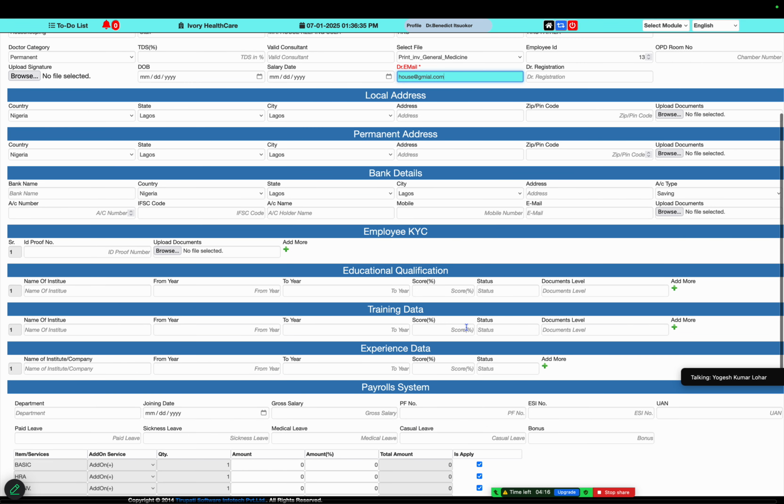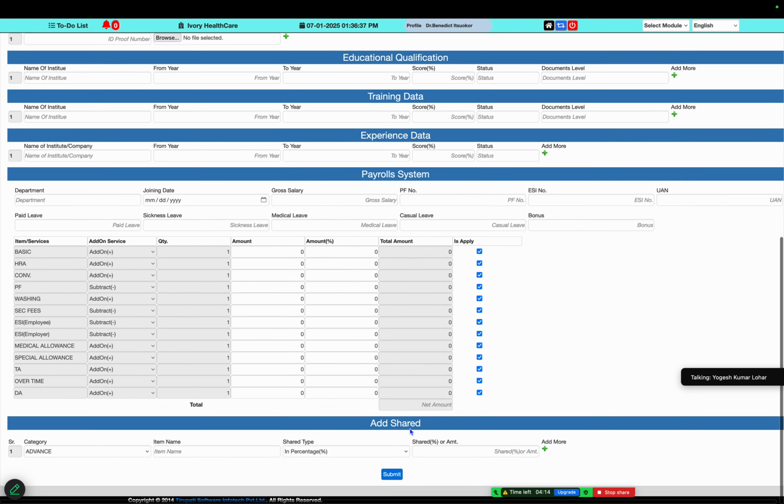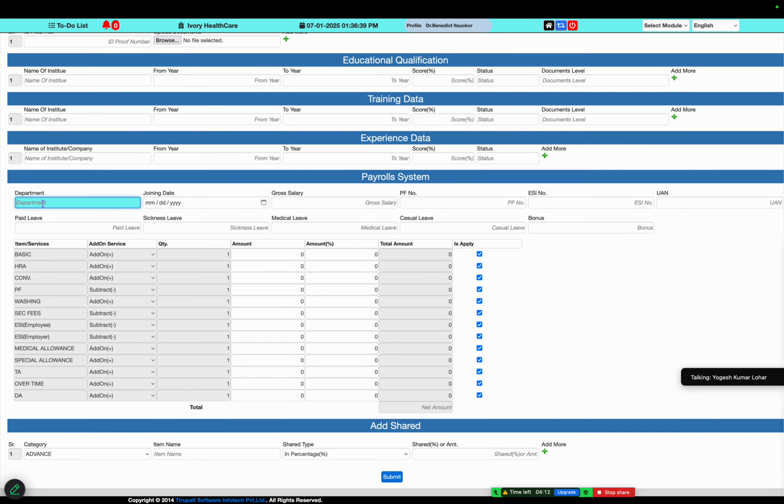I created a housekeeping user, and if we want to define the general ward housekeeping department, and the joining date, like 01/01/2025.